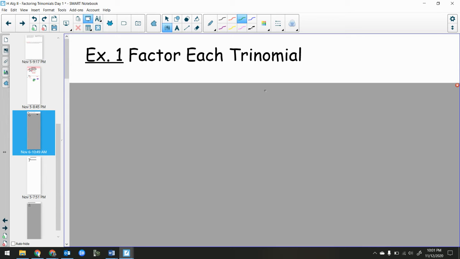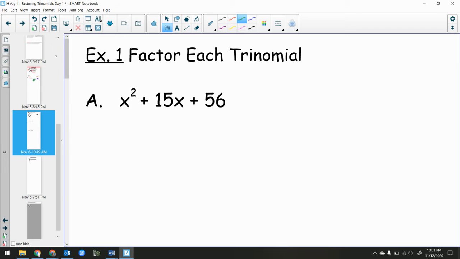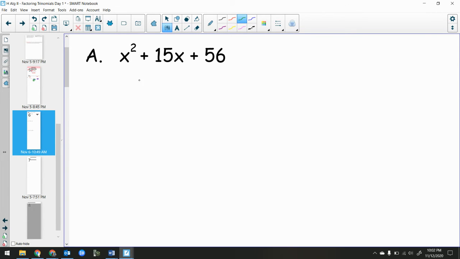Let's check some. Again, with each of these problems, please pause, and then when you're ready to pick up, go ahead and do so. Also, you'll notice that there are no guided notes for these sections, so sorry. All right, so x squared plus 15x plus 56. So what I have to ask myself here is what multiplies together to get us 56, but adds together